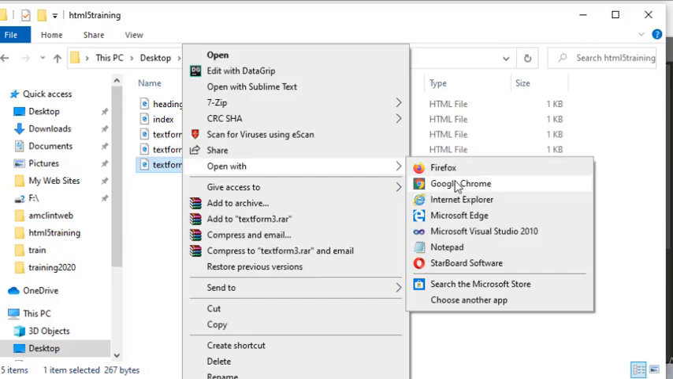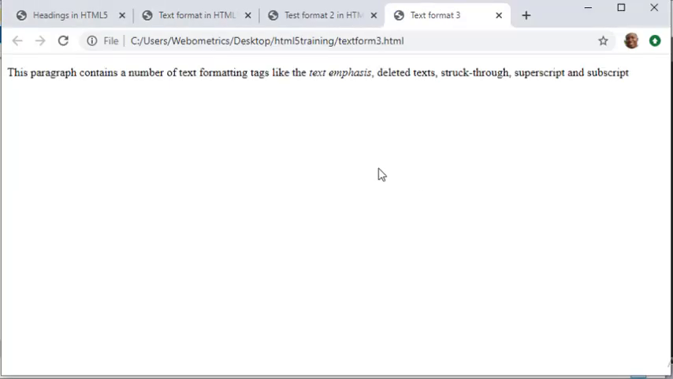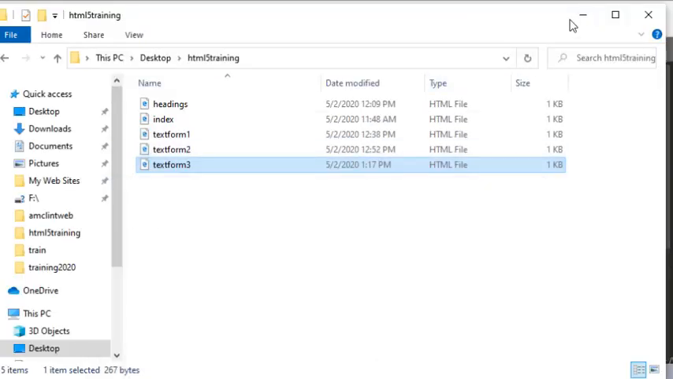Open with, I use Google Chrome for this project. You can see that this is text emphasis, like the text emphasis. So text emphasis has something in common with italics, right? So you're free to choose what to use. So the next one is